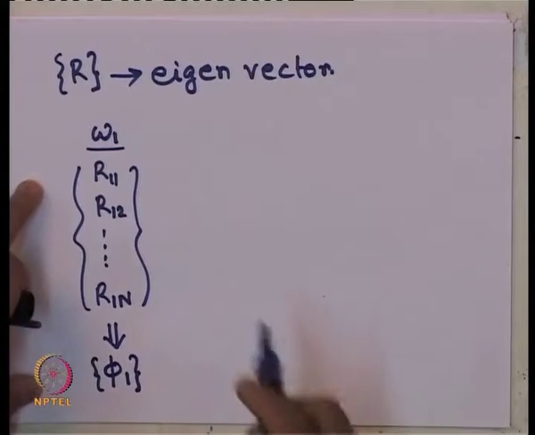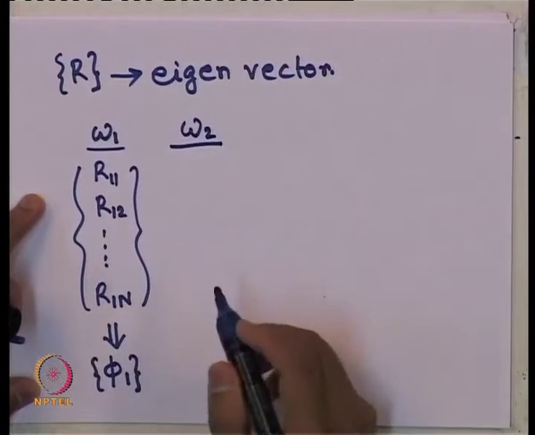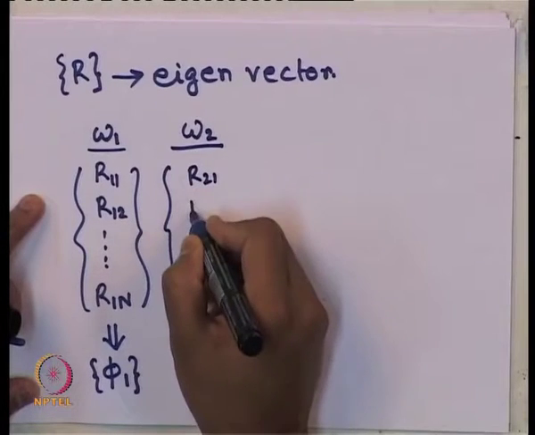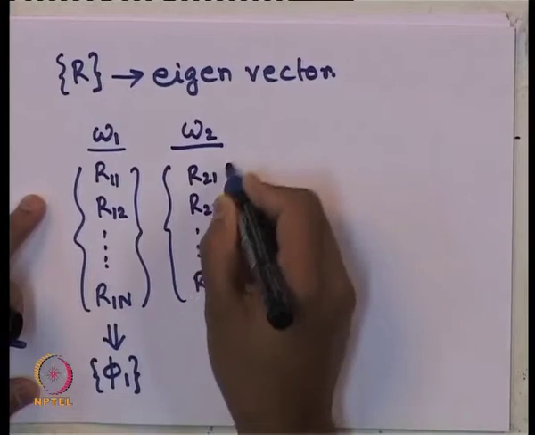Okay? Similarly, corresponding to eigenvalue omega 2, we will get r 21, r 22 up to r 2n,